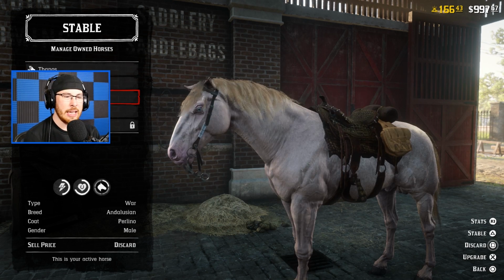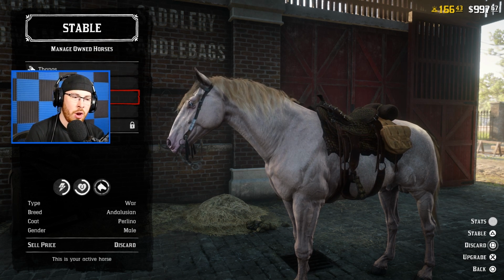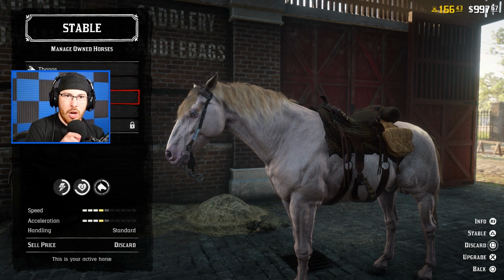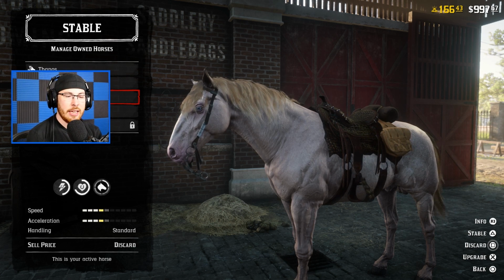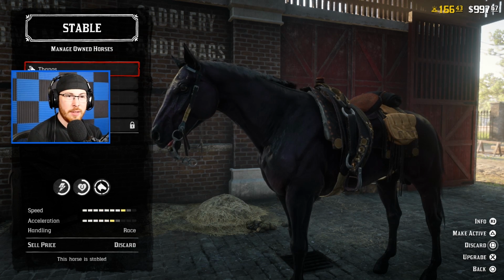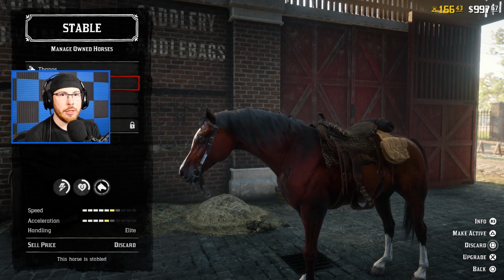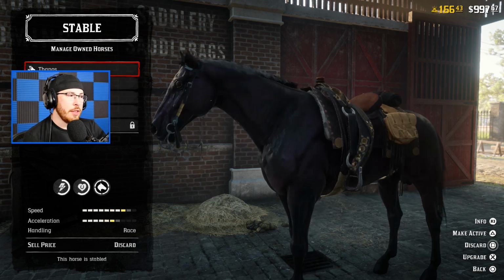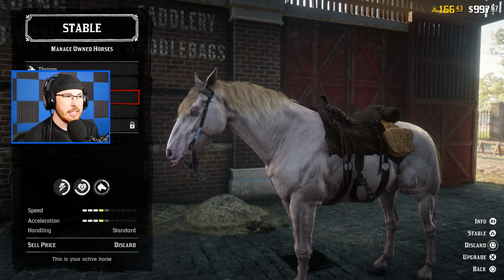Now, one thing I don't understand is how these really work and why the stats are the way they are. If you look at the speed and acceleration of these horses, you'll notice there's a very large difference from the handling being standard to the race, and then of course elite. Each of these handlings, elite is supposed to be the best. Problem is that it doesn't feel that way with this horse, and as you can see, my horse